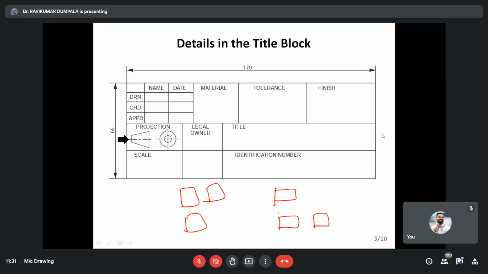How are you telling it is third angle projection? Sir, because the side view will be adjacent to the front view. And in third angle, the front view will be below the side line. As your friend mentioned, there is only one simple thing to remember. Always draw the side view adjacent to the front view. And the top view and front view will be on the same vertical projection lines. So these two are the front view and top view. From the side view you can identify which is the front view and which is the top view. Because the side view is here, this is going to be the front view. Side view is always independent. It will not be on any vertical projection line.